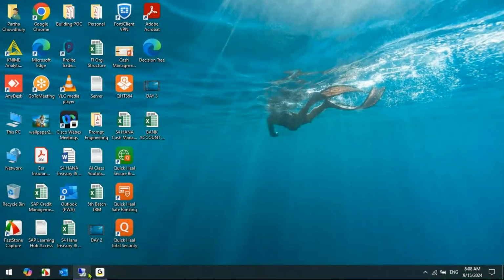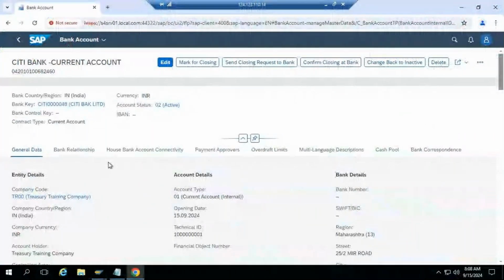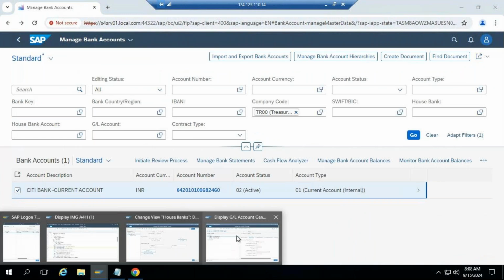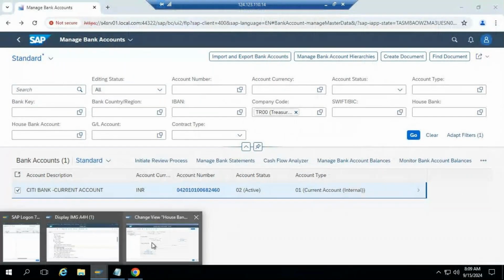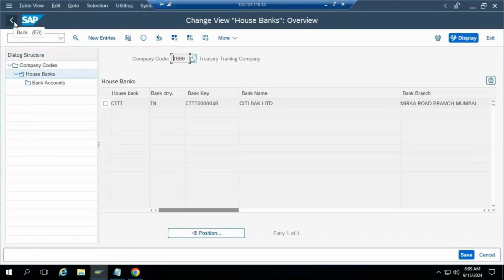I have to go and activate this one. And now, let's say this has been activated. Once I go to this activation, it has been activated here. Now, if I go to my house bank account, if I go to my house bank in the ECC,